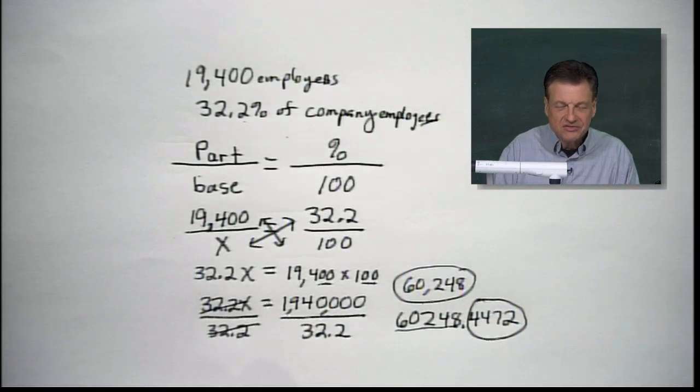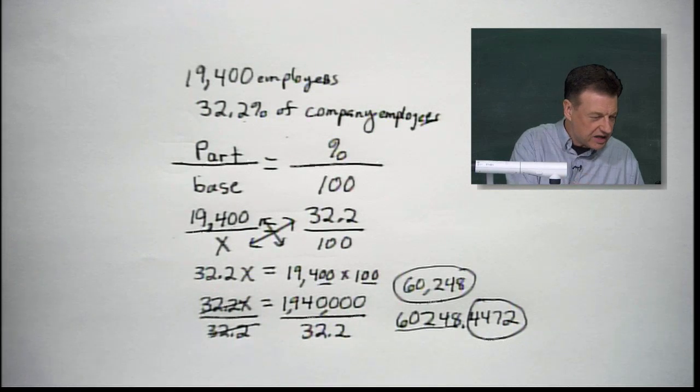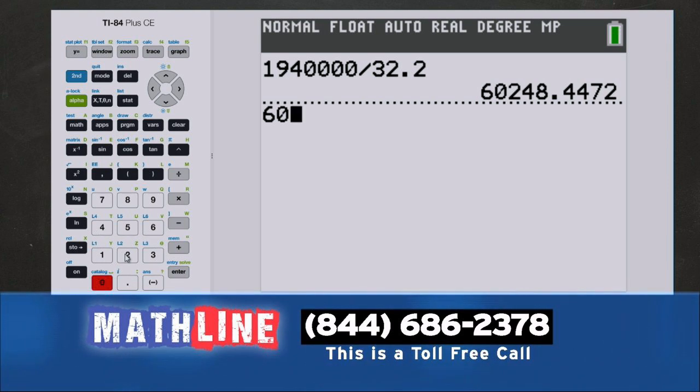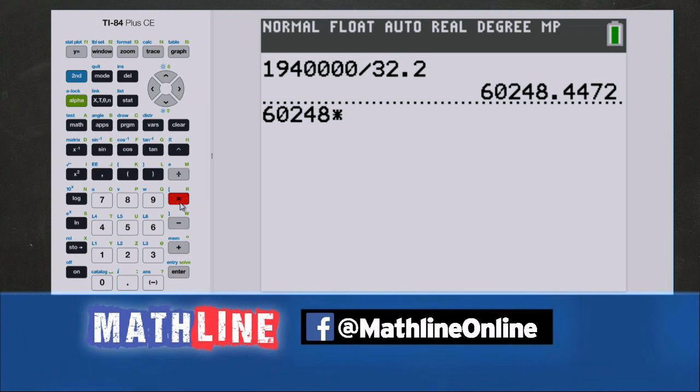60,248. Does that make sense? Yes. Now, let's do something with the calculator again. Let's see that we worked it back through. It should work. But we're going to take that 60,248, and I'm going to change my percent to a decimal, which is a good thing you called, because